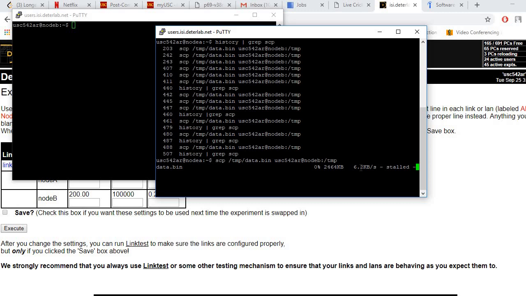So to do that, we have to get into the TCP kernel code and modify some of the files so that the regular TCP procedure is not used and it uses our own custom TCP. So let me exit this